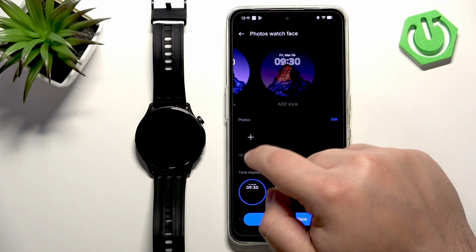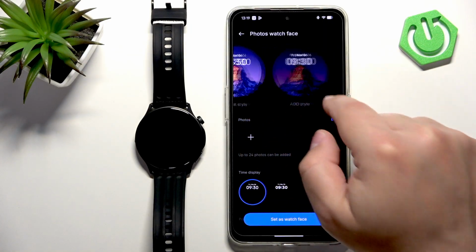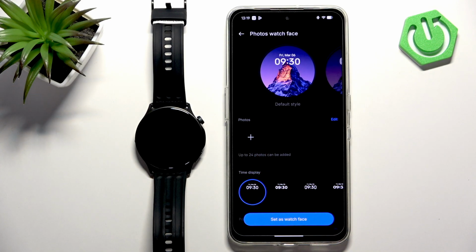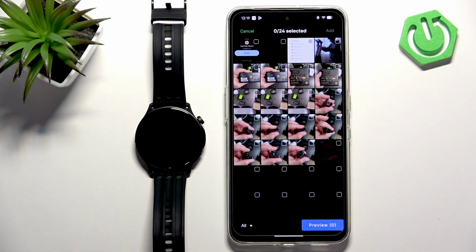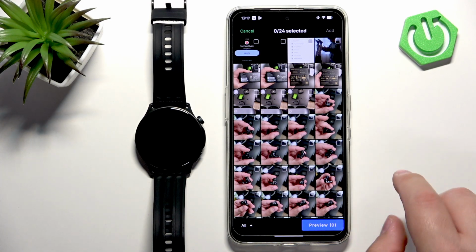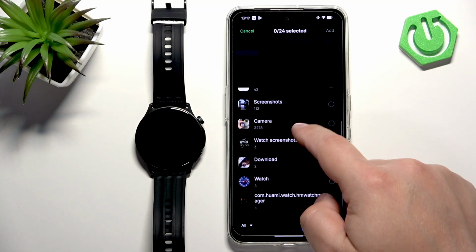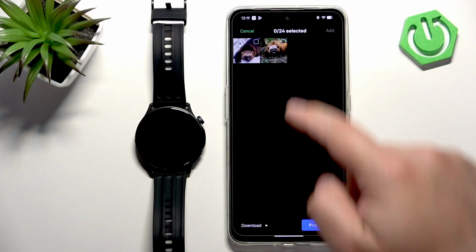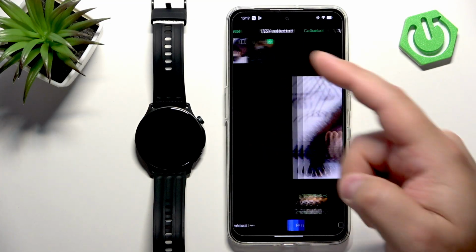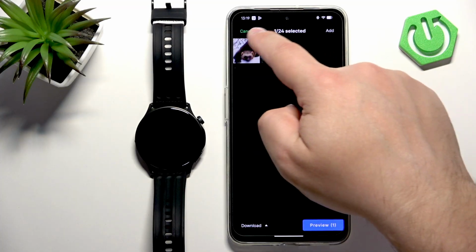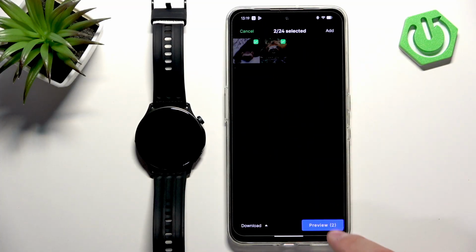You have two styles, and then you can add photos. So if you tap on the plus button right here, it will let you add a photo from your phone. And let's say I want to go to the download folder, and here I have some photos. Let's pick this one. You can also pick multiple if you want to by checking them, and then tap on